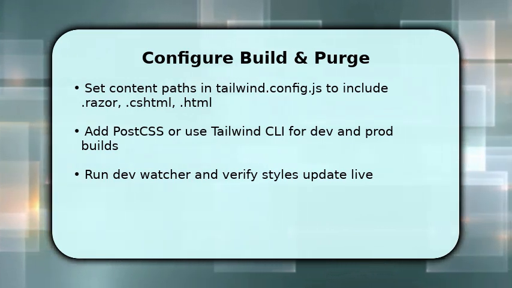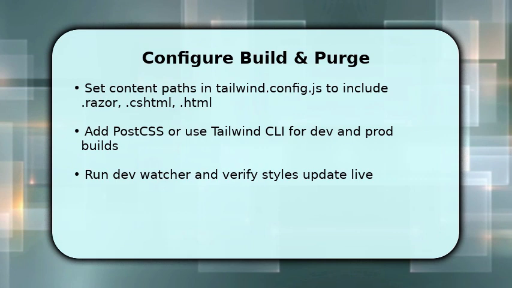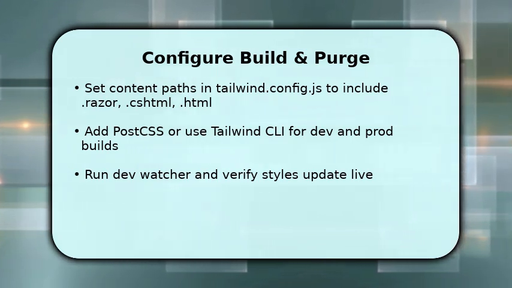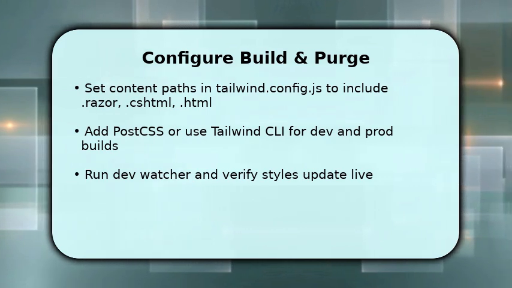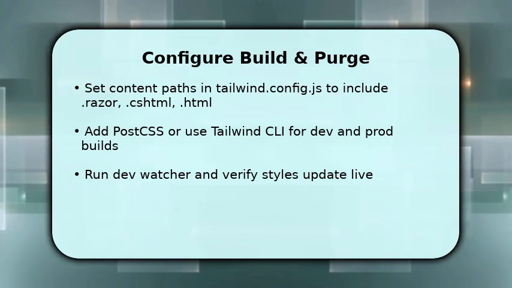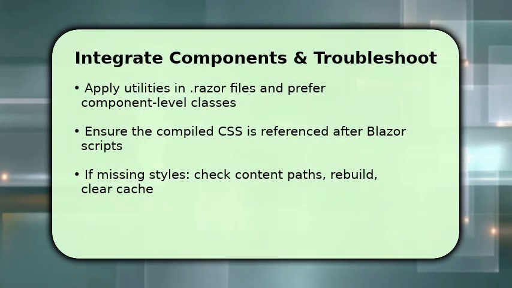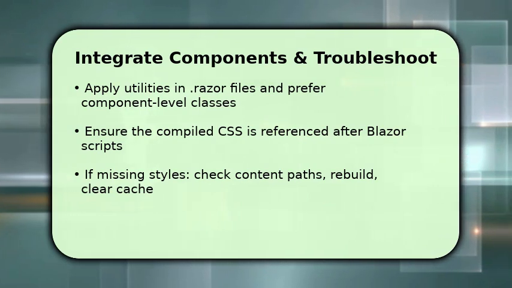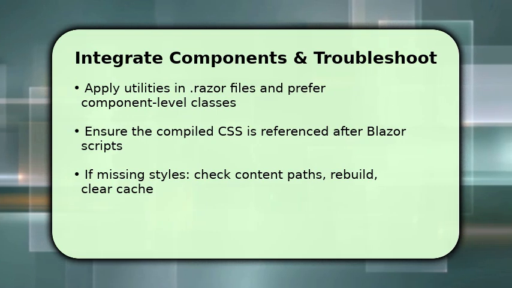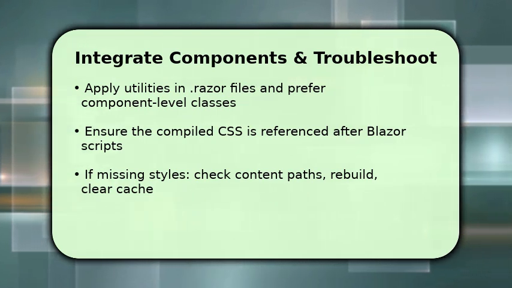Once done, run the dev watcher while you modify components to confirm utility classes render instantly and file changes trigger CSS rebuilds. Finish by applying Tailwind utilities directly in your Razor components and, where useful, create reusable component classes for consistency. Make sure the compiled CSS file is referenced correctly in the host page and that publishing copies the CSS